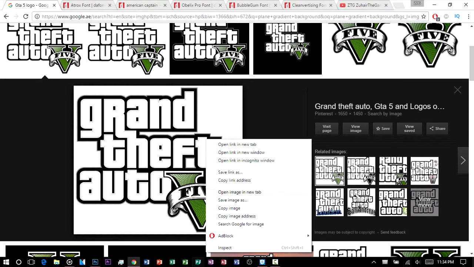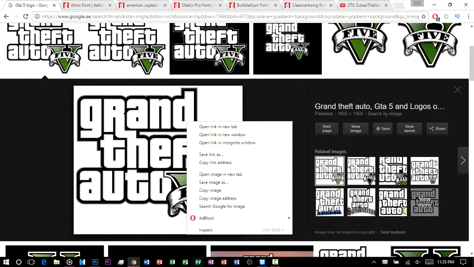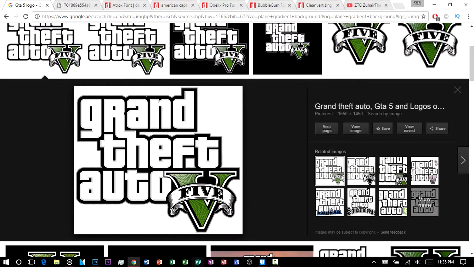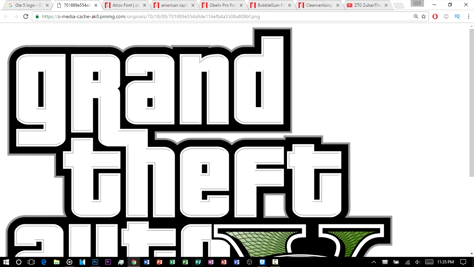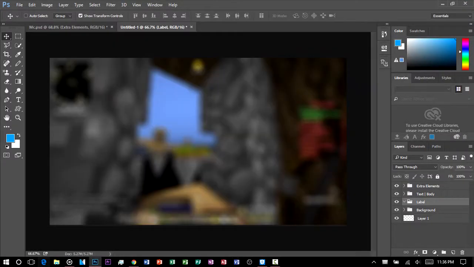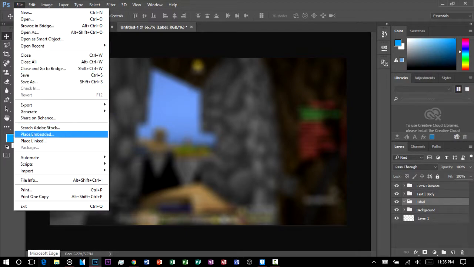So now right click it. What I'm gonna do is just right click it and open image in a new tab for the full resolution. I'm gonna drag it out on my desktop. So now all you have to do is go back in Photoshop, go here and place embed,